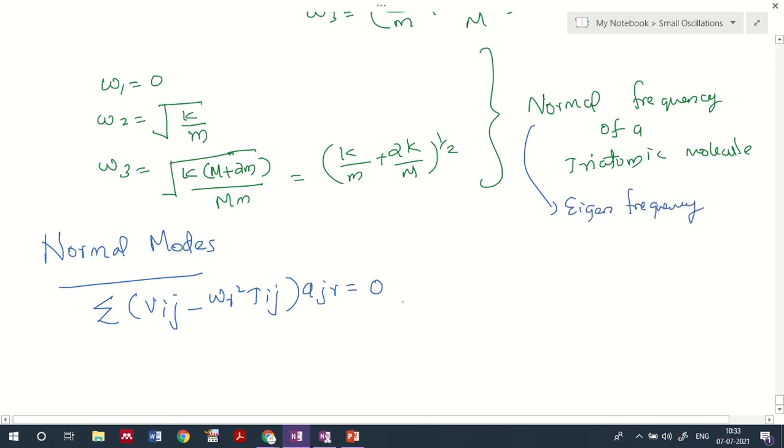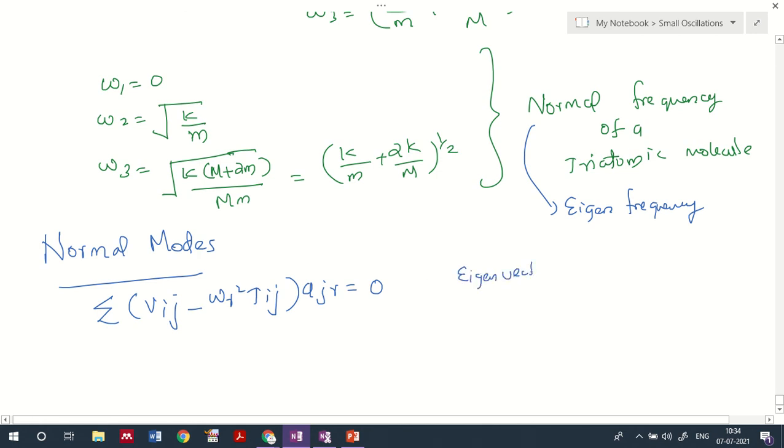Now we'll introduce eigenvectors here. When you represent it in eigenvector representation in normal modes, we need to represent the equation,